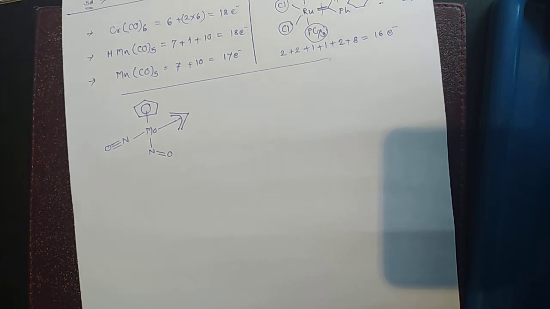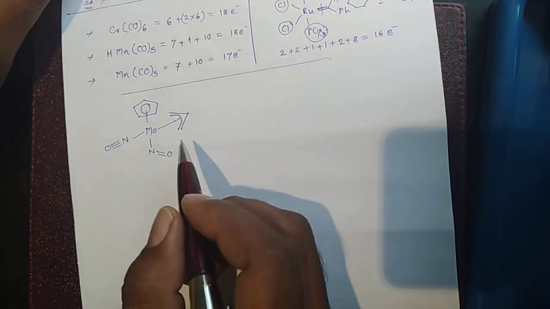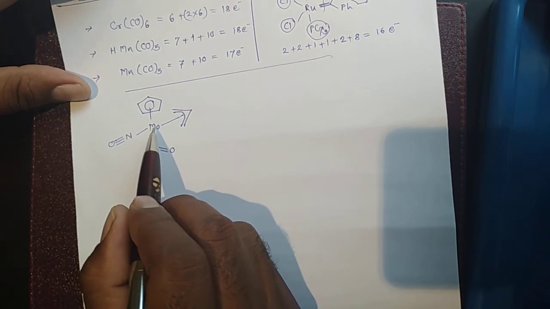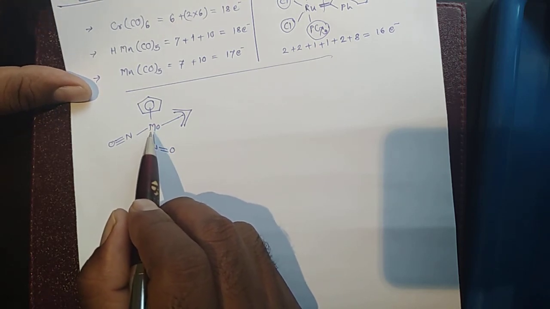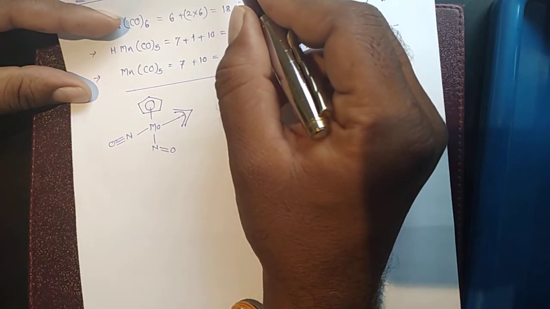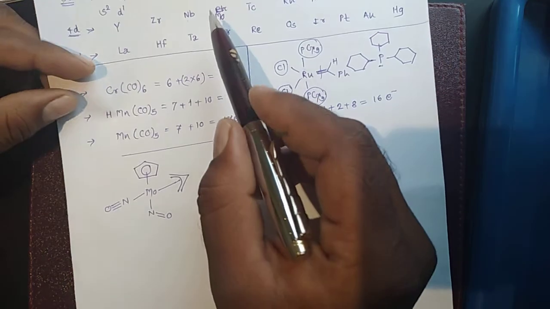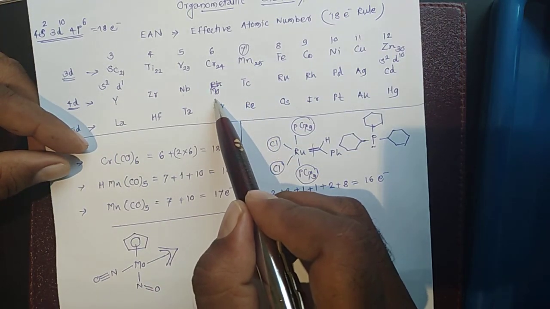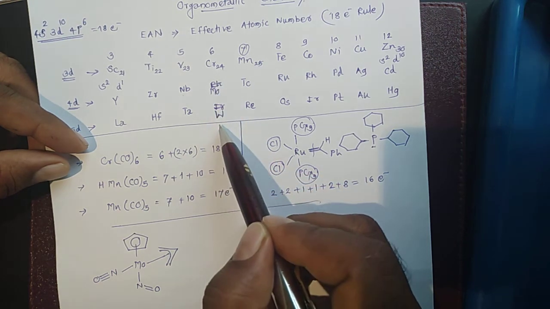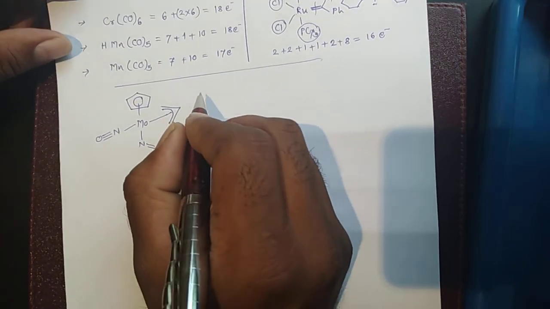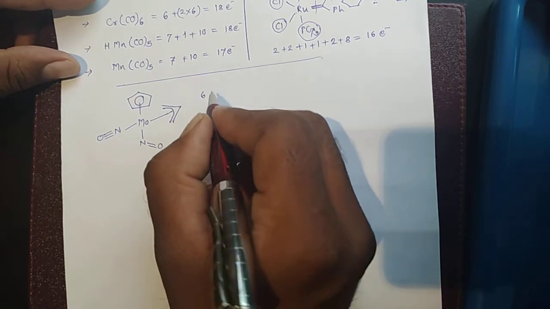First we will go to the metal, which is very familiar to you. So molybdenum. Molybdenum is in which group, which family? Yes, here the chromium family. Check here, the chromium family, molybdenum is there: chromium, molybdenum and tungsten. So this molybdenum has how many electrons? 6 electrons. So first we will write down 6 electrons.